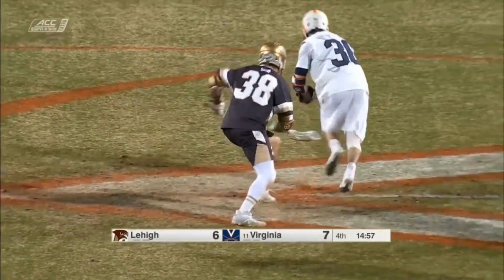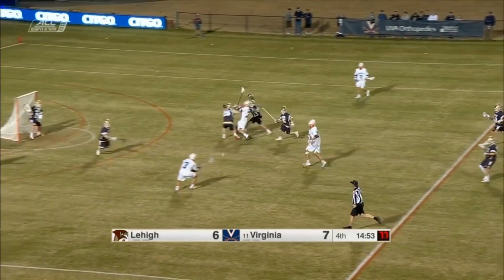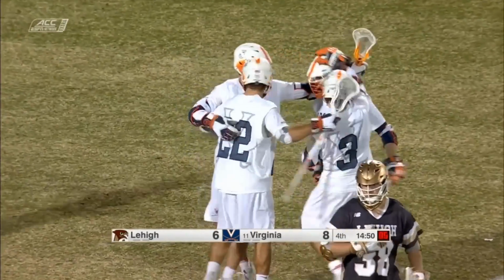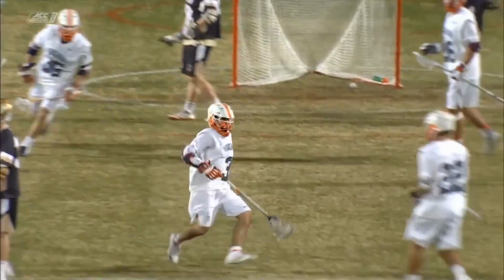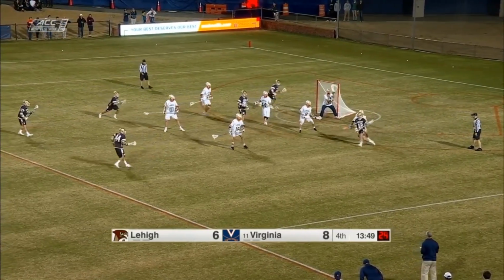This face-off between Gaffney and Schwenk is going to be taken by Schwenk. Looked like Gaffney just lost sight of the ball. Schwenk now, Laviano gets the hands free, and it rockets one high into the net. Virginia by 2, 8-6 the score. That ball forward on the face-off, you get a 4-on-3. Certainly not a zone type of situation for Lehigh to recover, and Laviano, he's taking up roles all around